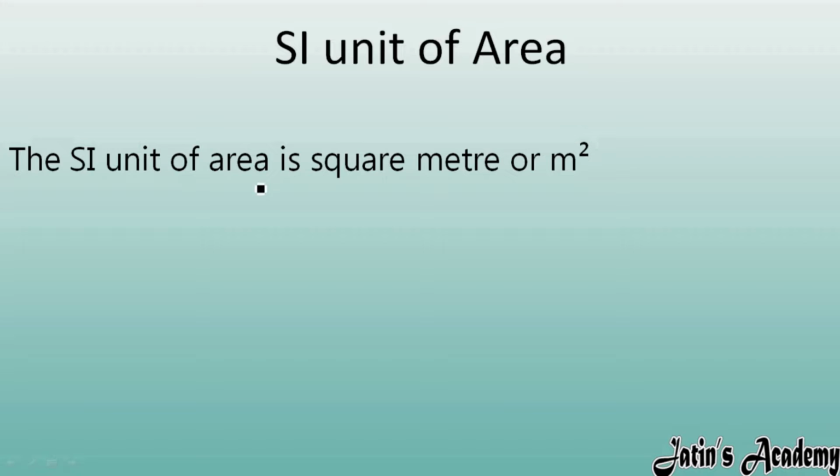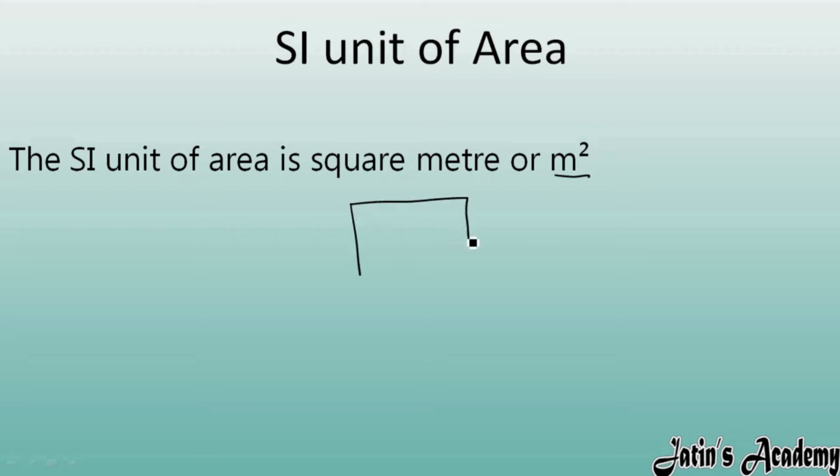Next we have the SI unit of area. Whatever things we are measuring, for the measurement we always use some kind of SI units. SI unit means Standard International units. What are SI units? SI units are those units which are widely accepted all over the society. The whole society accepts only one unit, and that unit is known as the SI unit system. According to the SI unit system, area is measured in square meter, or you can say meter square.